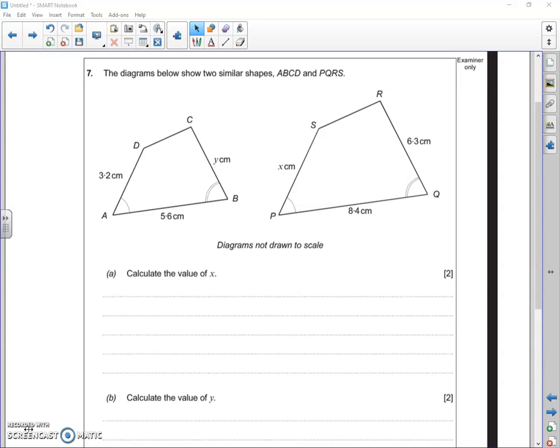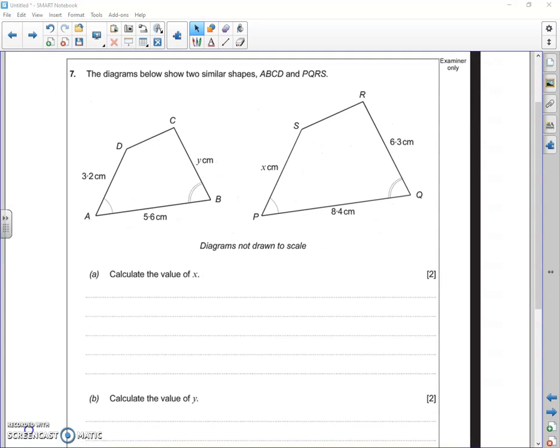Questions 1 to 6 are on the previous video, so we're starting from question 7, which is similar shapes, scale factors. And the first thing you're going to have to do here is identify a corresponding pair so that we can find our scale factor. The two shapes are the same way round, you can tell from the angles. And the matching pair,